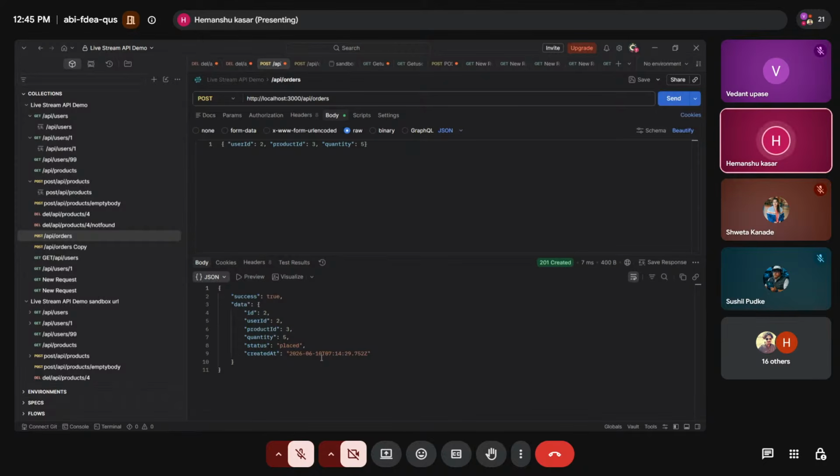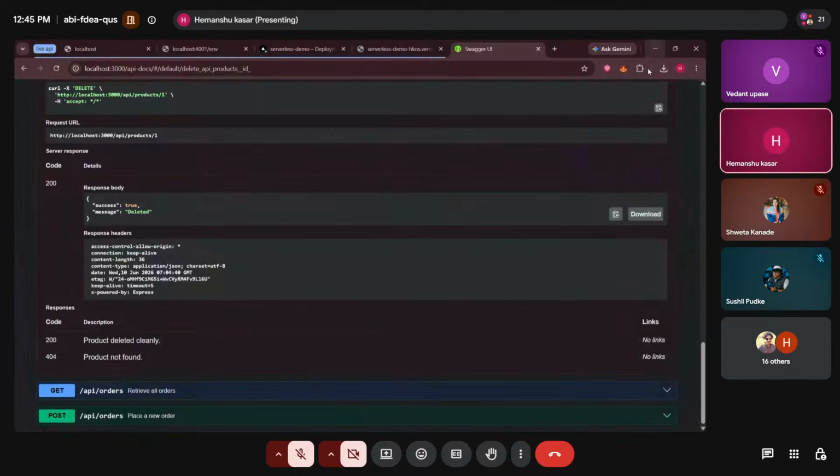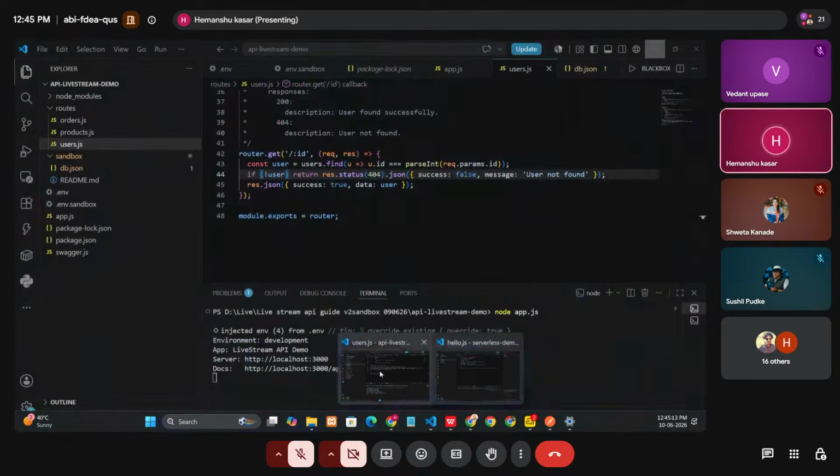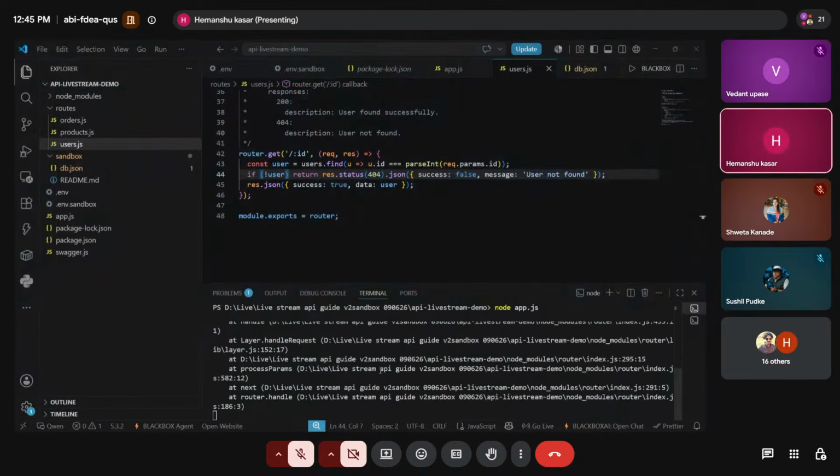So this was the testing part using Postman. Now coming over to the Sandbox JSON server. I will run that first. If you remember the Sandbox slide, a safe environment that mimics production without touching real data.